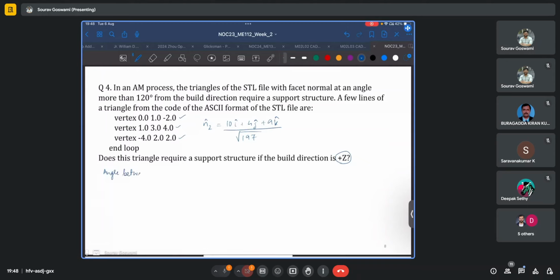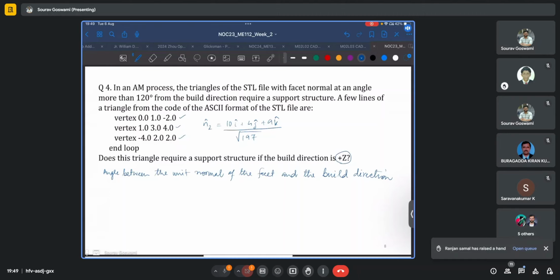So the angle between the unit normal of the facet and the build direction, both are vectors, and the way we find angles between vectors is usually by using the scalar product or the dot product. So it's simply